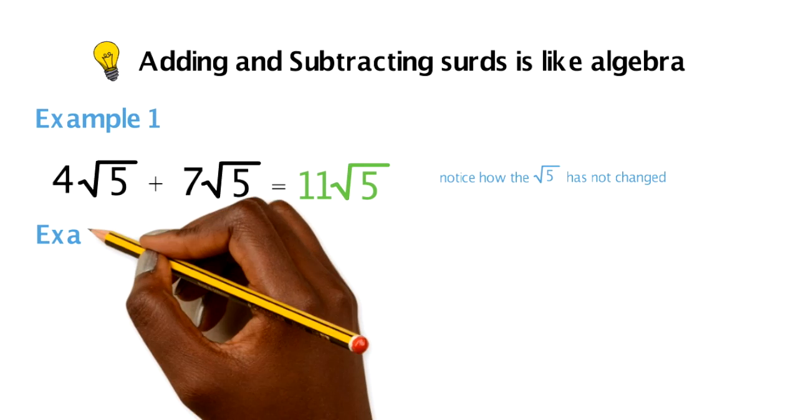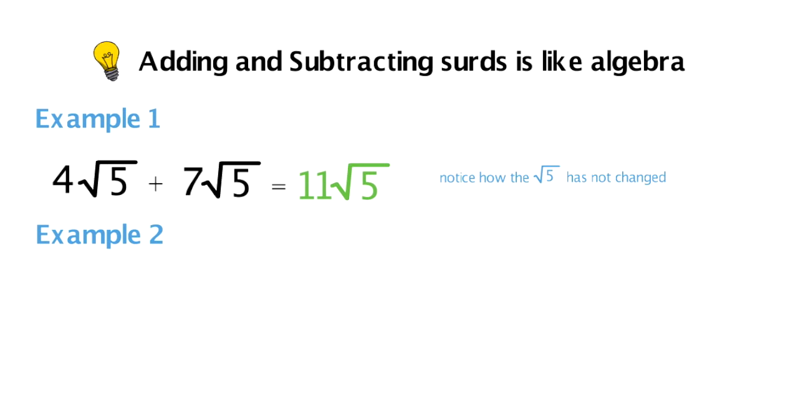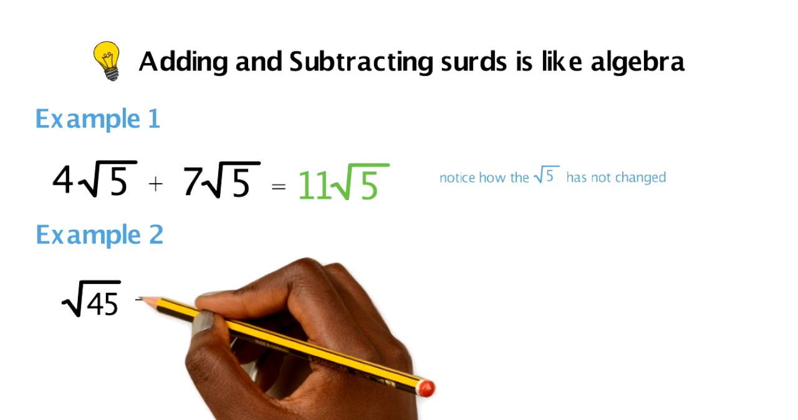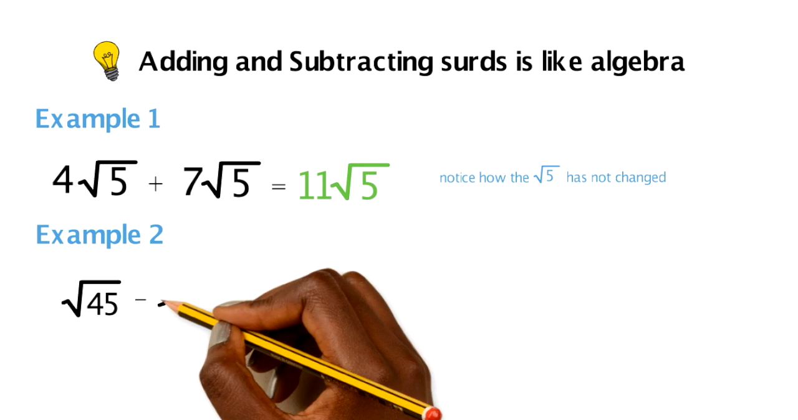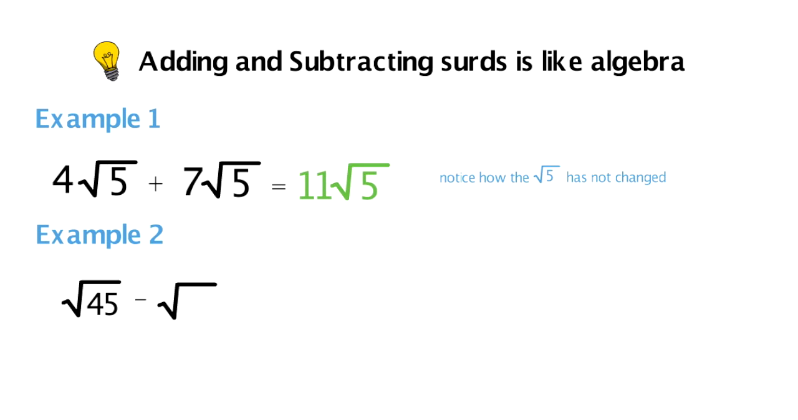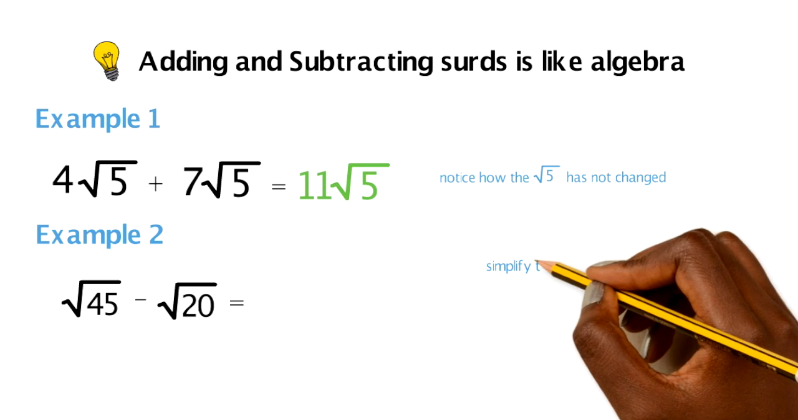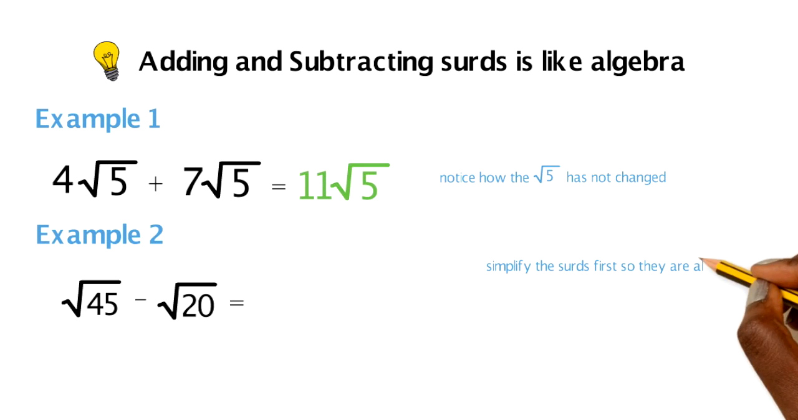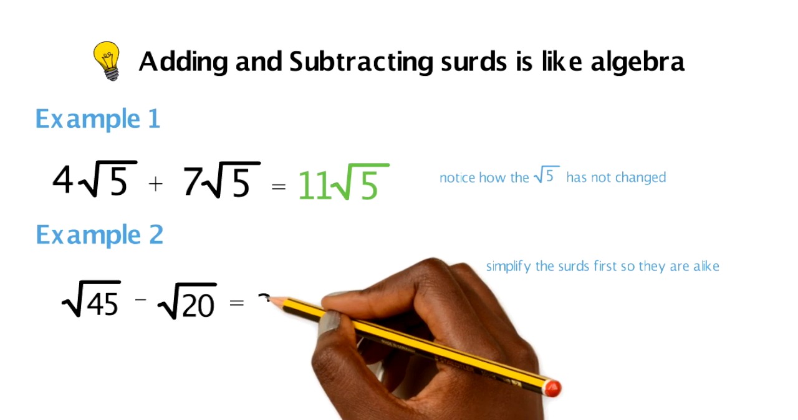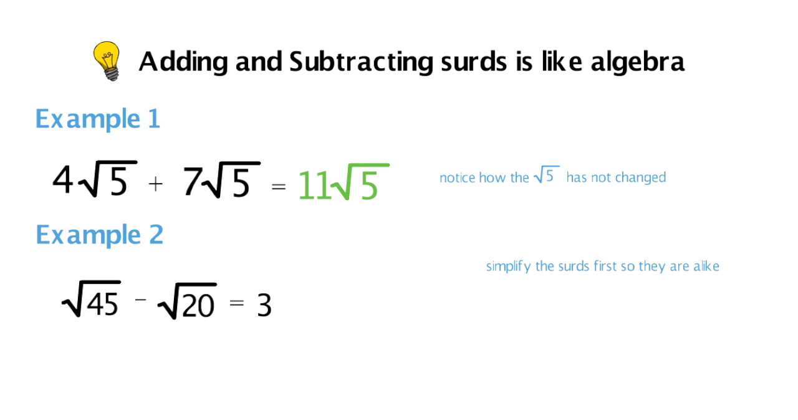Another example of adding surds. So for instance, also subtracting surds, if we have root 45 minus root 20, in this case it's very important for the two roots to be the same, and so therefore we need to simplify these surds. We wouldn't just take them away from each other, and so you would end up with